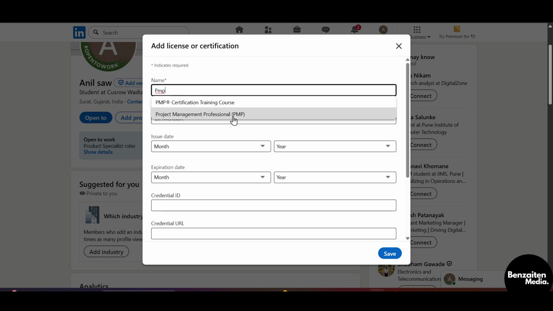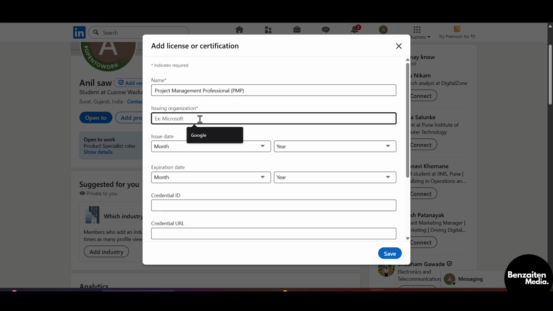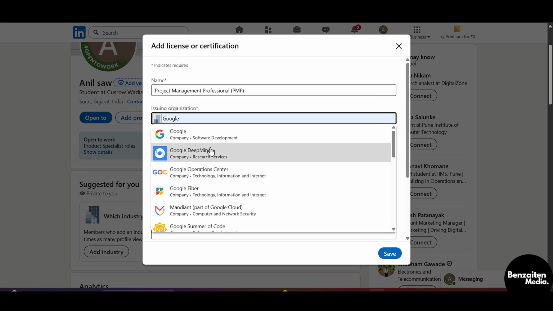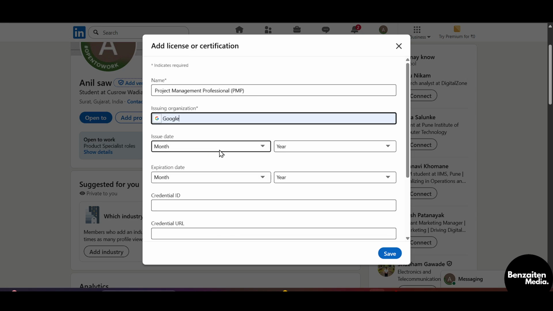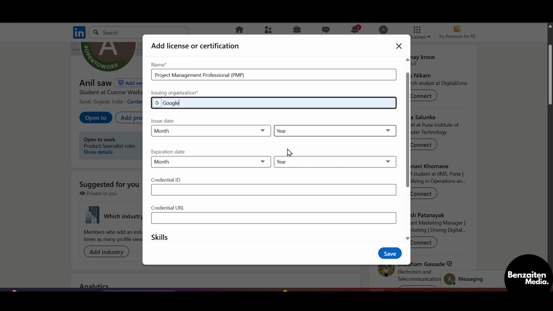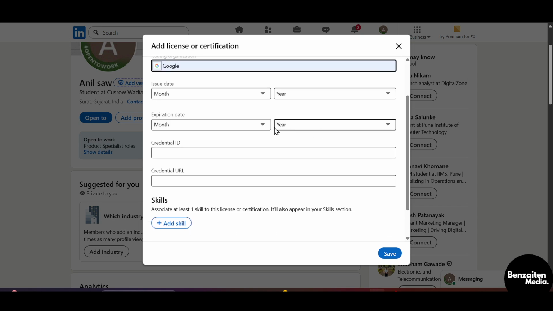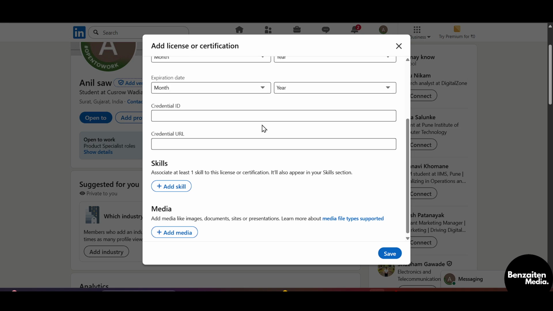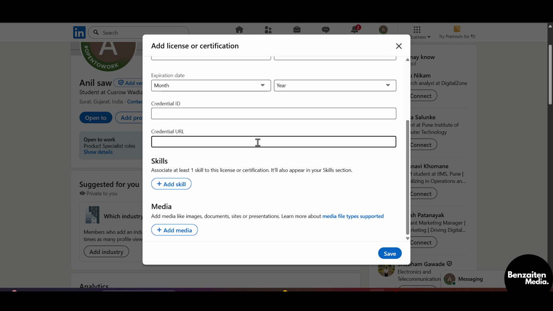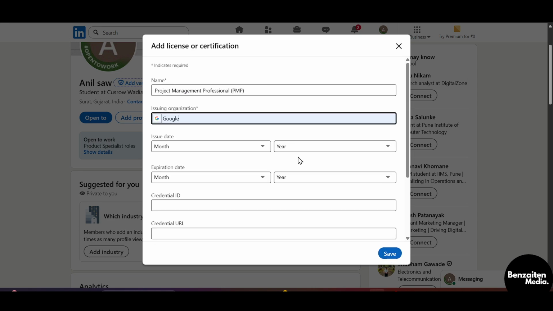professional. After that, click on this and then type the organization issuing your PMP certificate. You can type in here, and after that, you need to type the issue date, like the month and the year of the issue date of your project management professional certificate, and the expiration date, and the credential ID given to your PMP certificate, and the credential URL that is also given in your PMP certificate. And then when you are done, just simply click on save, and it will save and display the PMP certificate